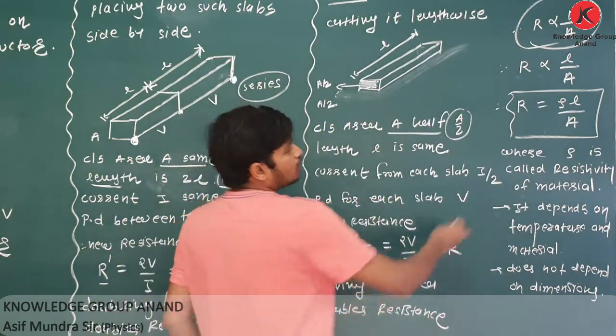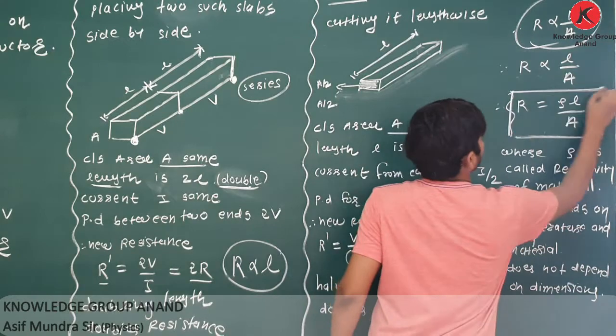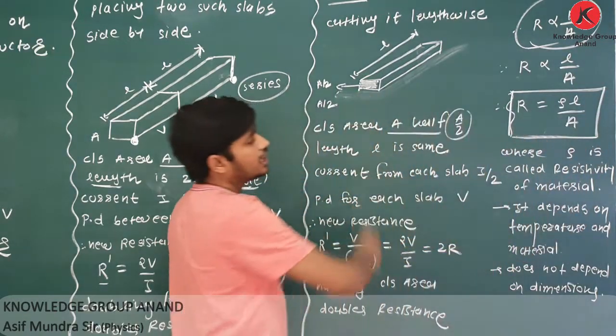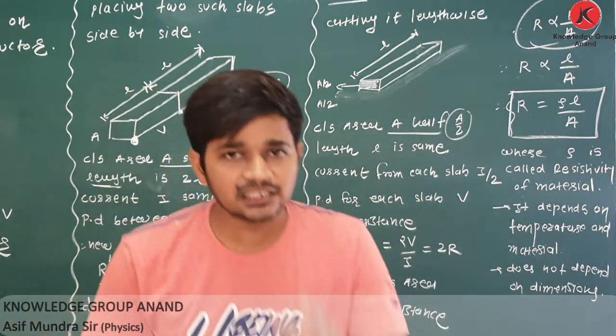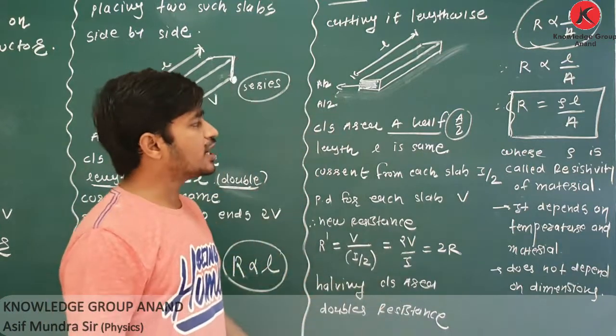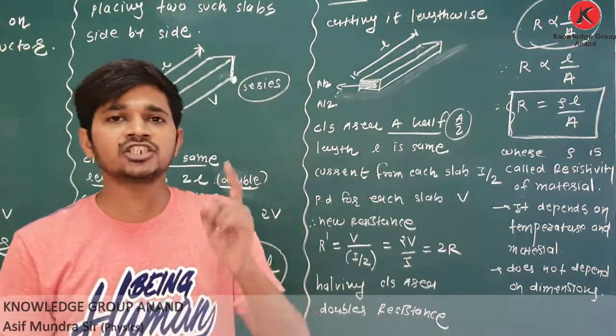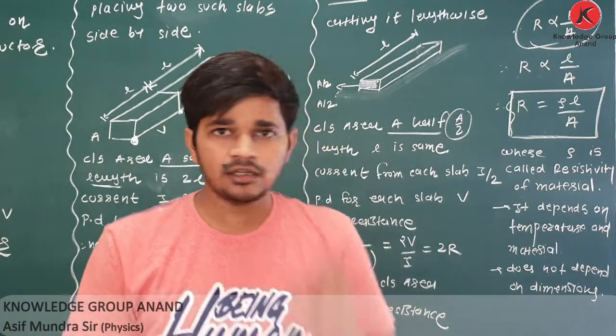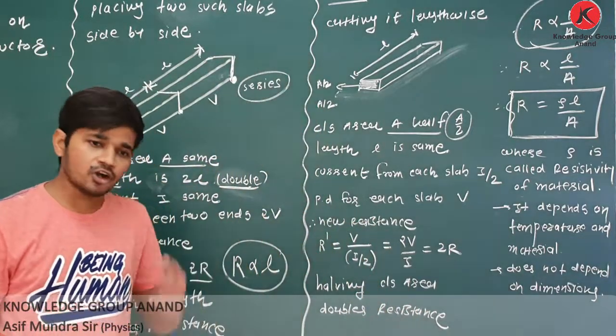And what equation do you have to remember? This: R is equal to rho L upon A. Rho is resistivity, L is the length of the conductor, A is the cross-sectional area of the conductor. Clear about this? Pause your video and write down for